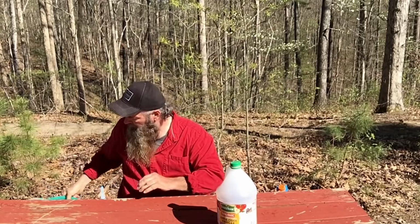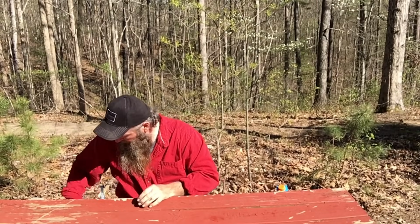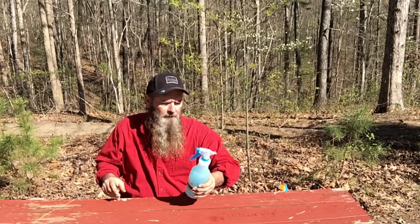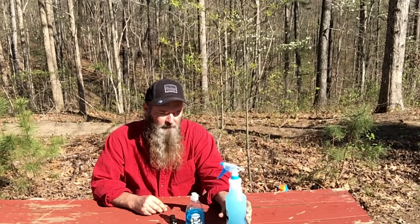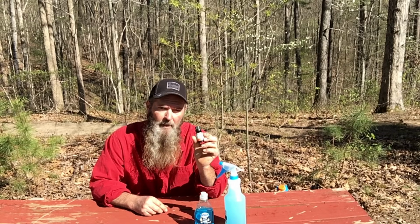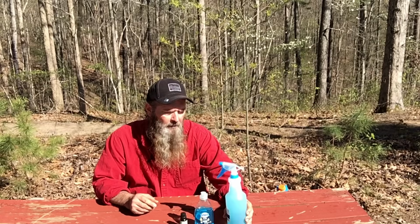Now, the most common method that I use, and it's the most effective, I think, actually, and I enjoy doing it, and it's very cheap. It's just inexpensive, and it's limited ingredients, limited products. There's 3. I paid about 25 cents for this bottle, this sprayer, at a local 5 and dime. I paid 98 cents for this bottle of dish soap. And this is some Peppermint Essential Oil. I paid about $4. Less than $6, and I've got my setup here